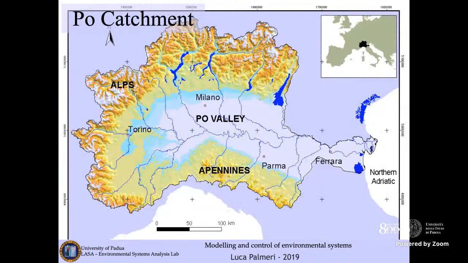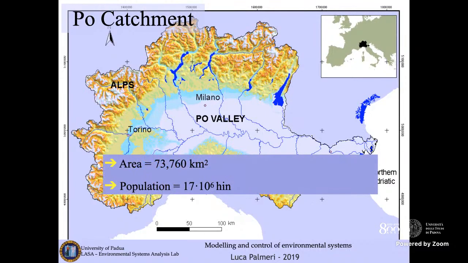We showed the application to this model of a Po catchment area. The Po River is one of the largest rivers in Europe. This is a depiction of a catchment area. You see the Alps here and the Apennines here, that contribute to the Po River main course in terms of nutrient load. So this area is strongly